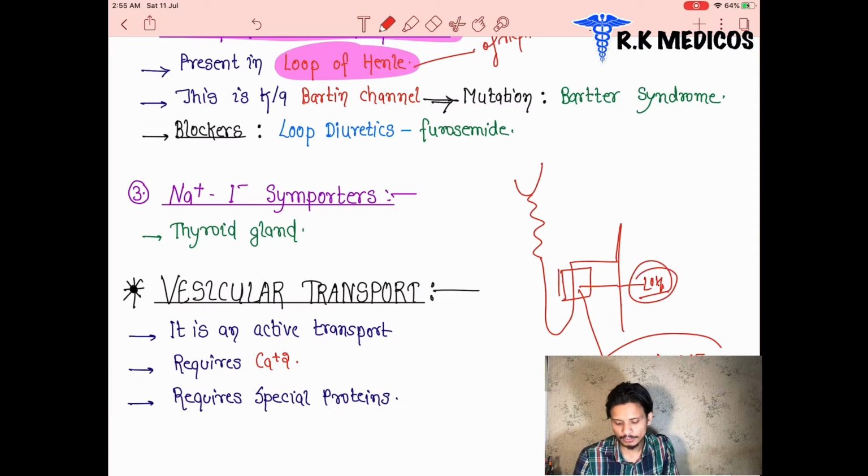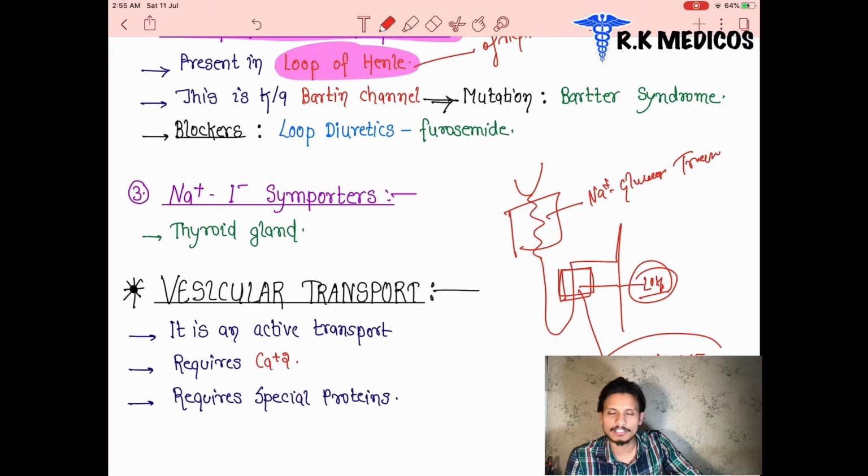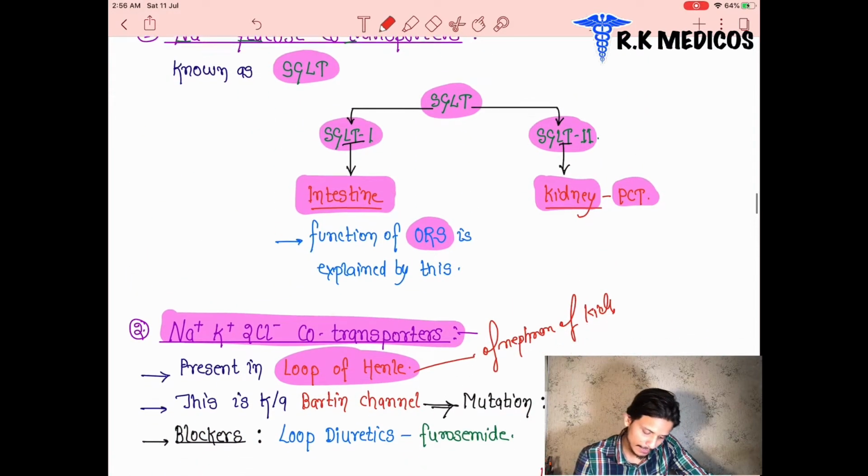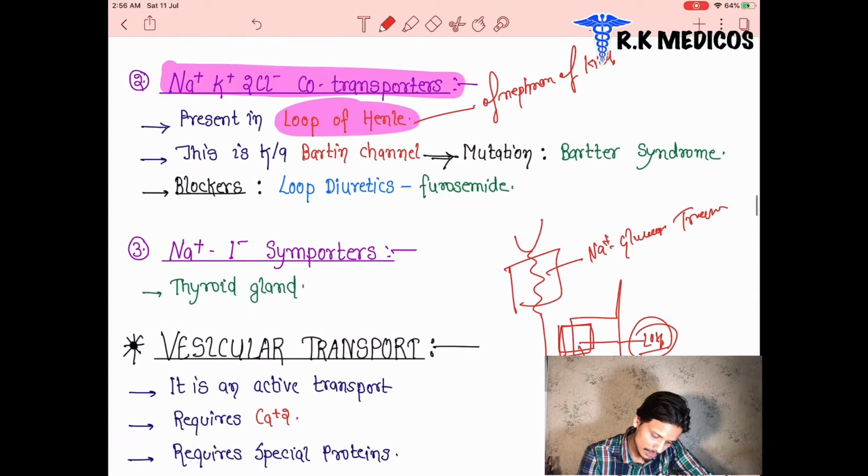They are helpful in the transportation of sodium, potassium, and the 2 chloride symporters are situated here. And primarily we discuss here the PCT and where it is located. There is a location of sodium glucose transporter. There are two types, SGLT1 in the intestine and SGLT2 in the PCT. You can see here. Next one we are going to see in this section, that is the sodium potassium